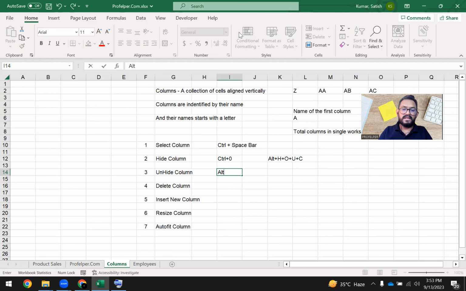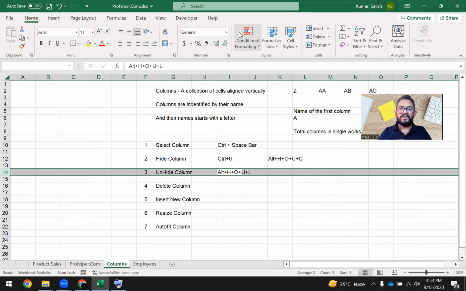This is one way, basically: Alt plus H plus O plus U plus N plus L. You need to press the Alt button from the keyboard, then H, O, U, L. But first of all, to unhide the column, you need to select the visible columns which are lying left and right of the hidden column. This is how you can hide and unhide the column